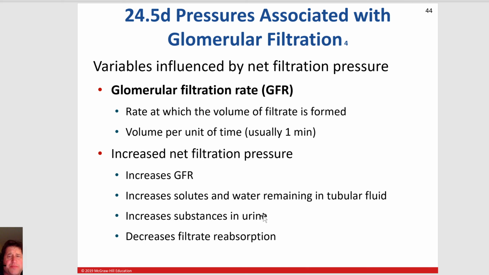Now, this pressure is what influences the glomerular filtration rate. So there's the rate at which volume of filtrate is formed. What volume comes out of the blood and creates a filtrate per unit of time, usually 1 minute? And this can be altered, can be varied. The glomerular filtration rate can be varied according to